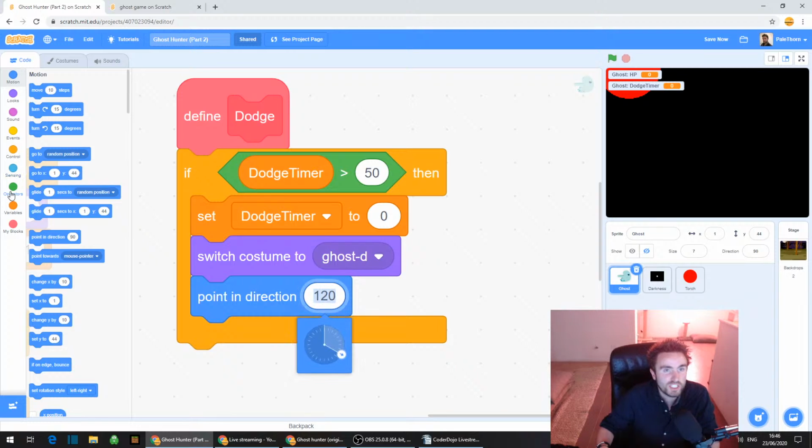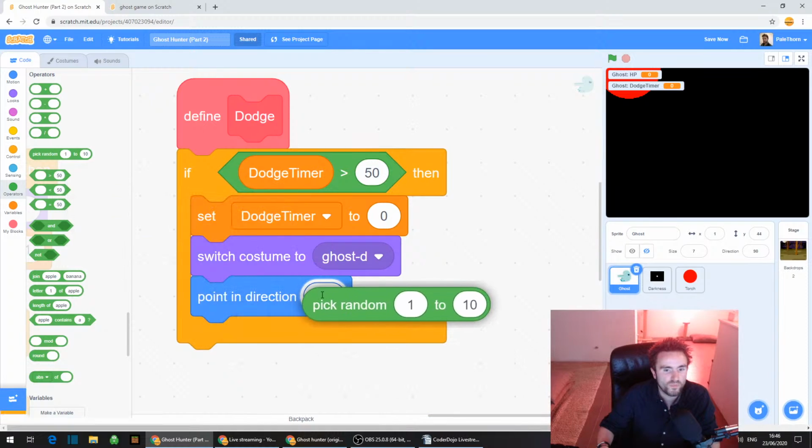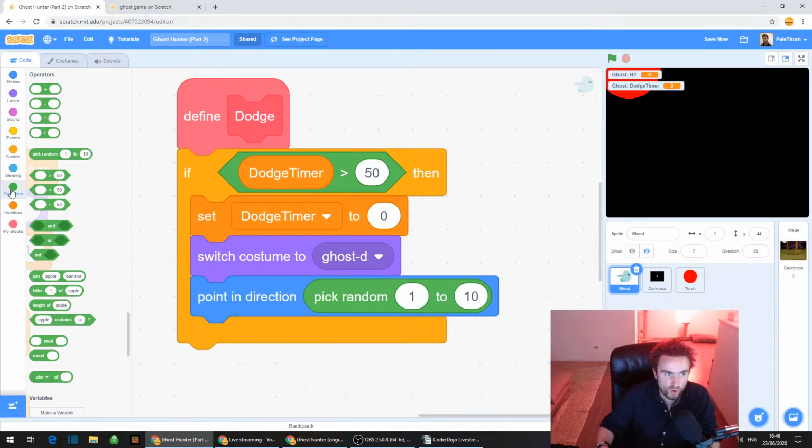So there's a nice easy way of doing this. If there are 360 degrees, then all we need to do is go to operators, drag out pick random 1 to 10, put that inside point in direction, and we can make it pick random 1 to 360. And I think that should work.